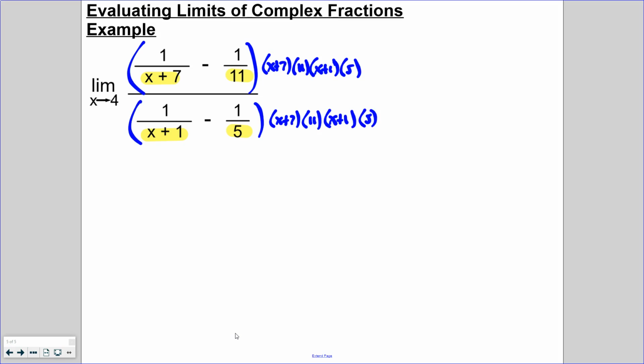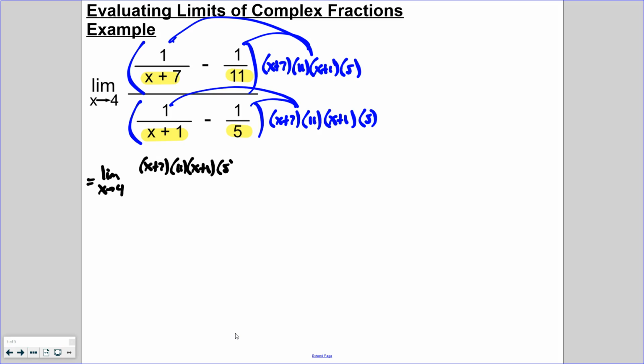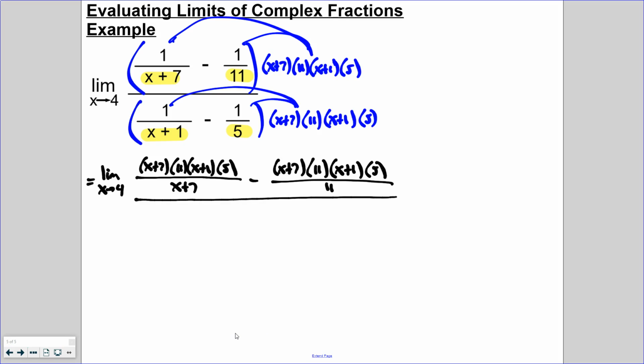So as you can see, there's going to be a lot of writing here, because we need to multiply it, multiply it, multiply it, multiply it in. So that's going to give us the limit as x approaches 4 of (x plus 7) times 11 times (x plus 1) times 5 all over (x plus 7) minus (x plus 7) times 11 times (x plus 1) times 5 all over 11. And that's all over